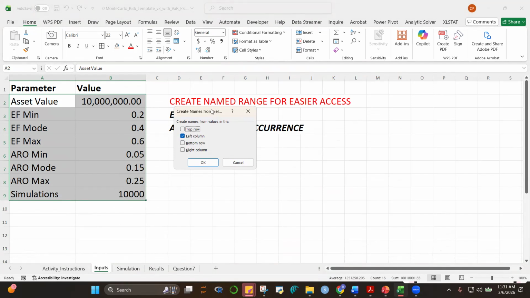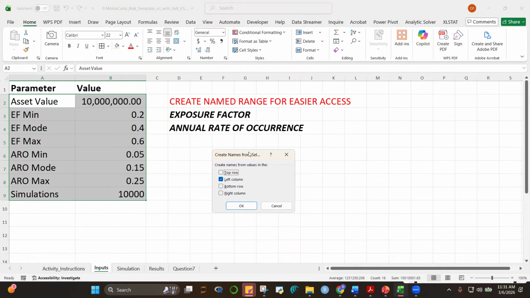I'm not sure with the Mac, I think it's Command Shift and then F3. Now Excel correctly guesses that the names are on the left column. So if it's correct, then we can click OK. Excel guessed that the names of these values are the ones on the left. So let's click OK.